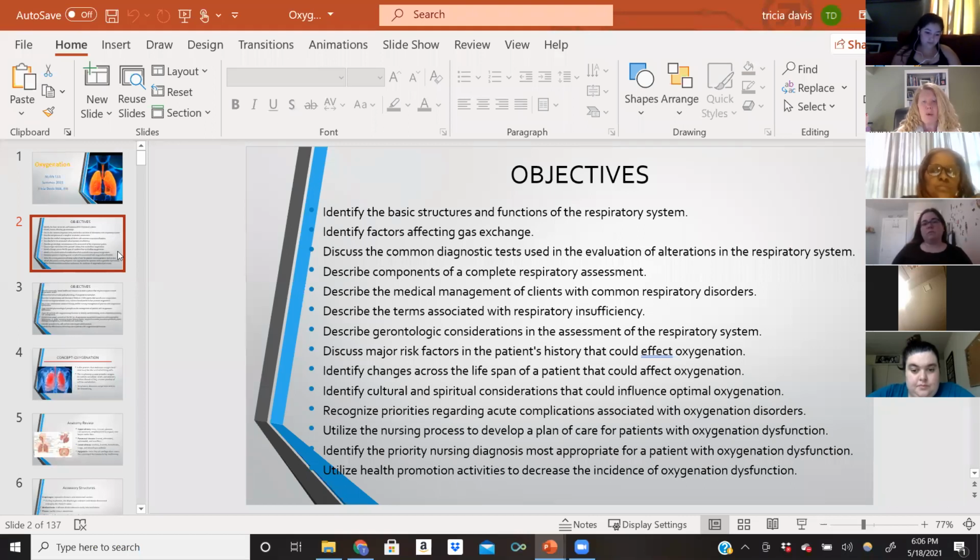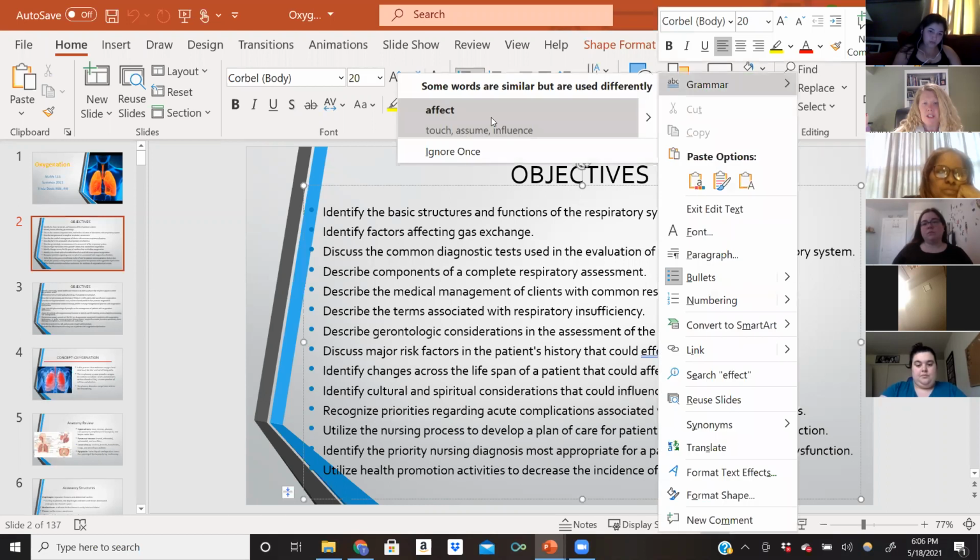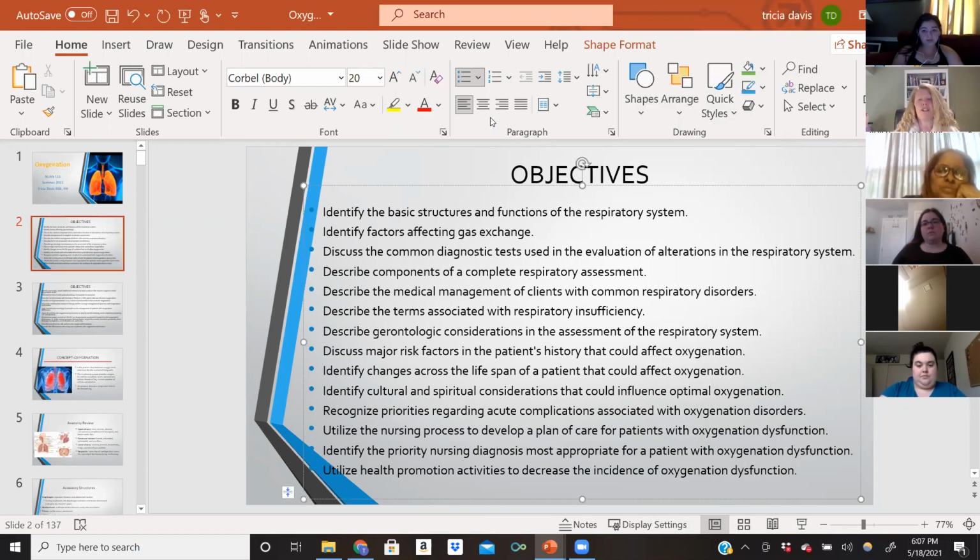We're going to describe components of a complete respiratory assessment, describe the medical management of clients with respiratory disorders, describe the terms associated with respiratory insufficiency, describe gerontologic considerations in the assessment of the respiratory system, discuss major risk factors in the patient's history that could affect oxygenation, identify changes across the lifespan of a patient that could affect oxygenation, identify cultural and spiritual considerations that could